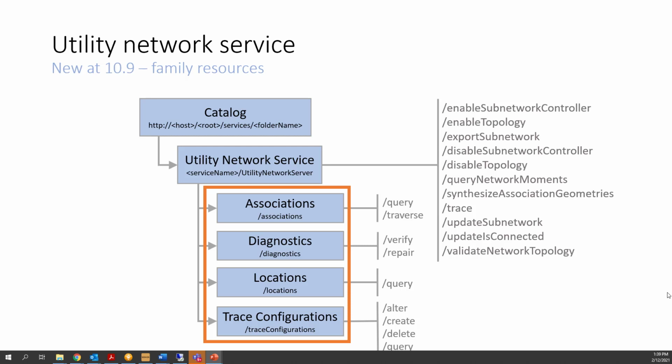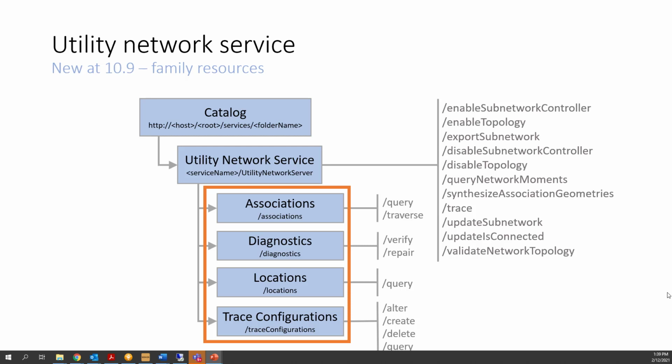You can almost think of them as being sort of namespaces for different types of operations that are being supported by the utility network service. We have things handling the associations, our association model. You have locations, you have trace configurations for supporting a named trace configuration capability, all the rest. Diagnostics you see in this diagram as a new family resource with the utility network service at 10.9,